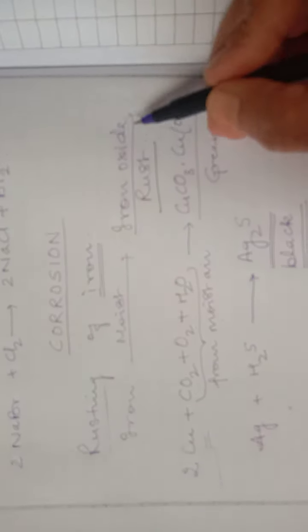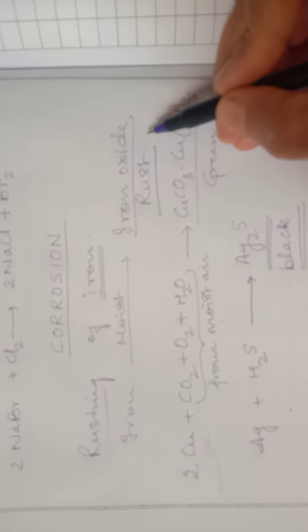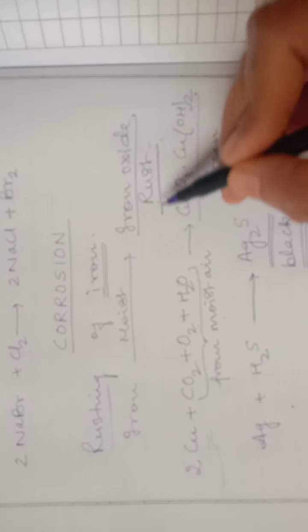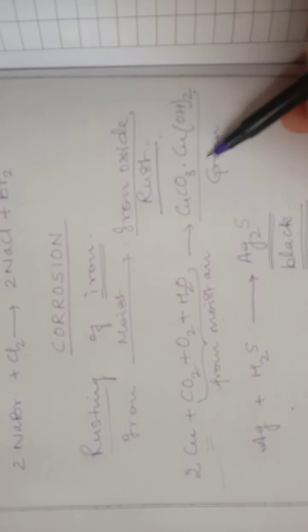Now I told you that corrosion of iron is called rusting. Okay, and we know that it's a serious problem. Every year large amount of money is spent to replace rusted iron and steel structures. Now the color of rust is reddish brown. This rust is reddish brown in color. So children, you should know these colors also.